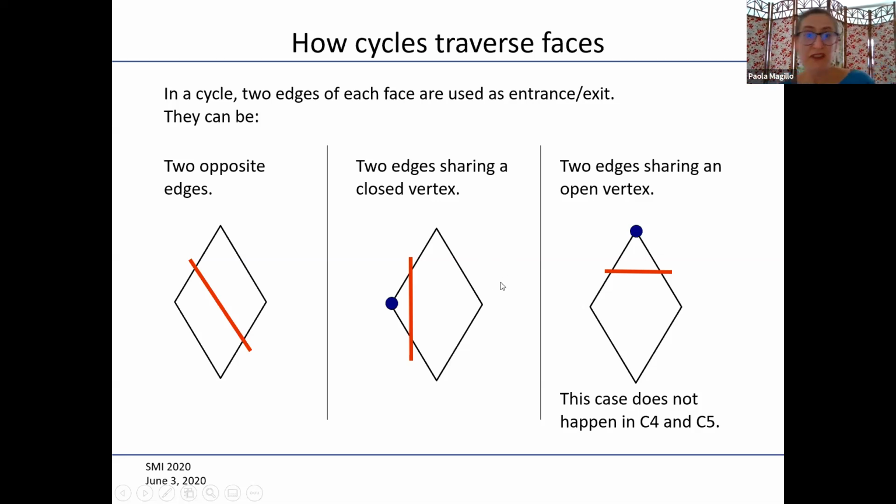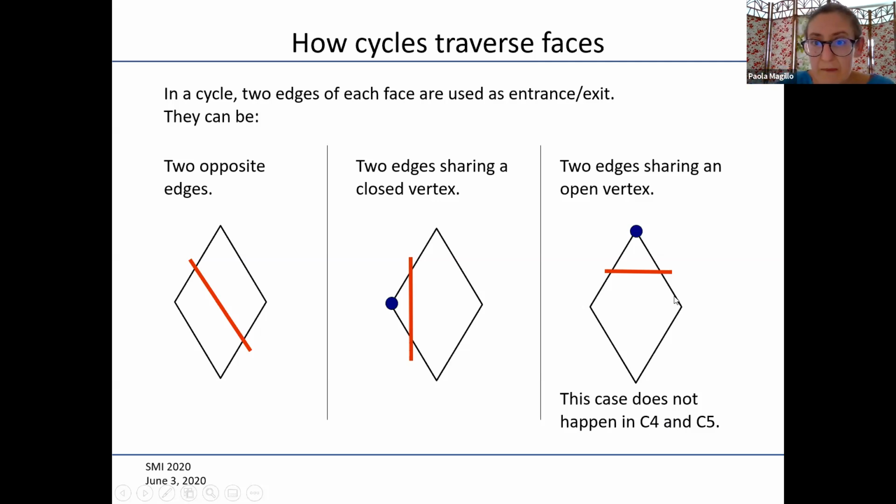Before going to proposition 2, let's stop a bit to see how a cycle can traverse a face. Either entering and leaving it from two opposite edges or from two consecutive edges that share a closed vertex or an open vertex. This last situation, with the open vertex, does not happen in the last two cycles, C4